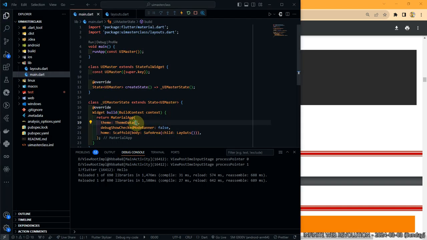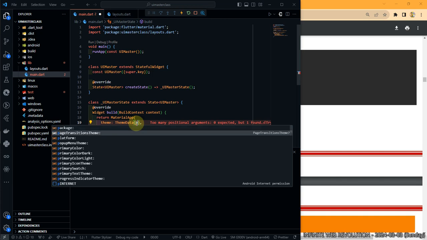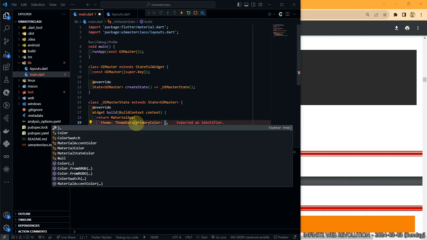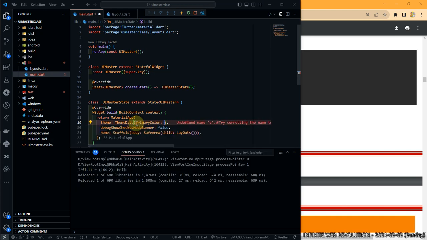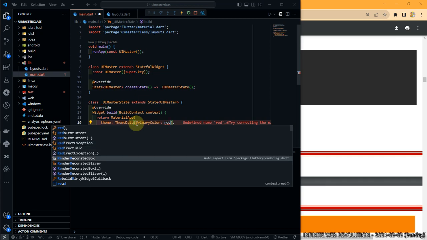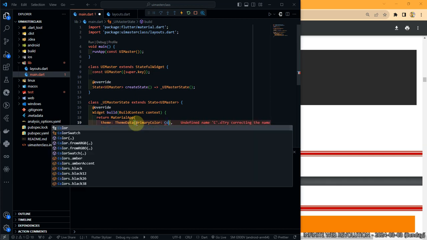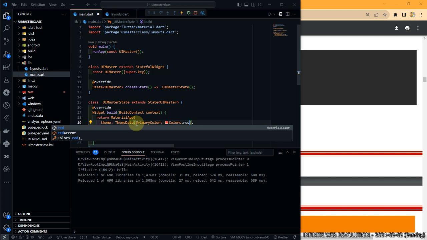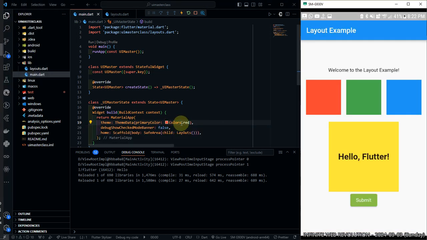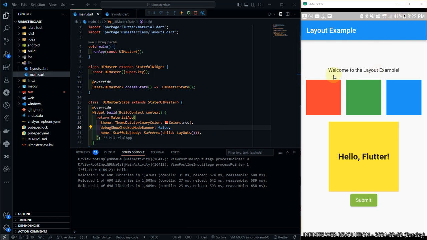So let's look at something. So we have primary color. Let's just say Colors.red. Let me just write red, start with capital letter, so that automatically it doesn't want to show. Colors.red. Yes. So let's look at something. Now look at that particular, okay, it has not changed. It has not changed. Anyway, we are going to change it. So right now this one cannot, because the primary color of this particular layout just came like that. Or in fact, just look at even